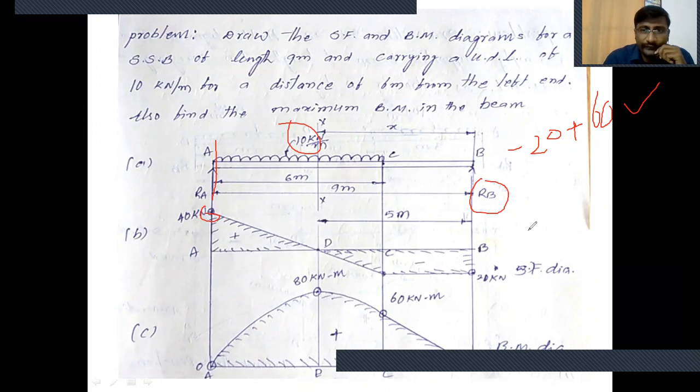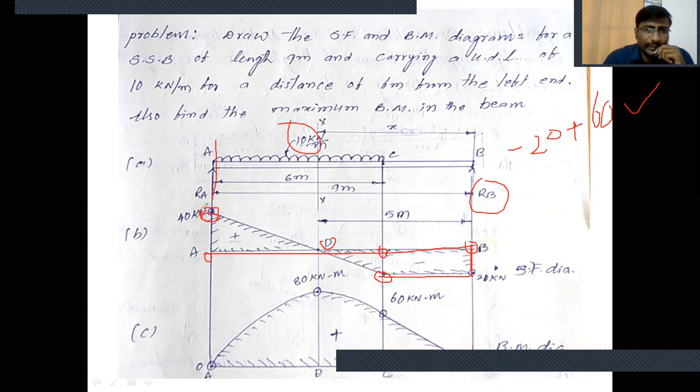Clear, students? So after finding the shear force values at B, C and A, first of all draw the baseline. Locate the points A, C and B. Later on we get the D point. First of all, locate on the baseline A, C, B. We have only 3 points on the beam. Then what is the shear force at point B? It is minus 20 kilonewtons. So locate the 20 kilonewtons below the baseline. Then it is a horizontal line between B and C. At C point also minus 20 kilonewtons is there. And at A point 40 kilonewtons.